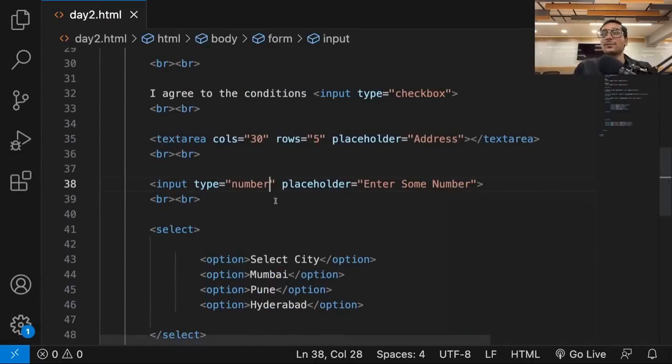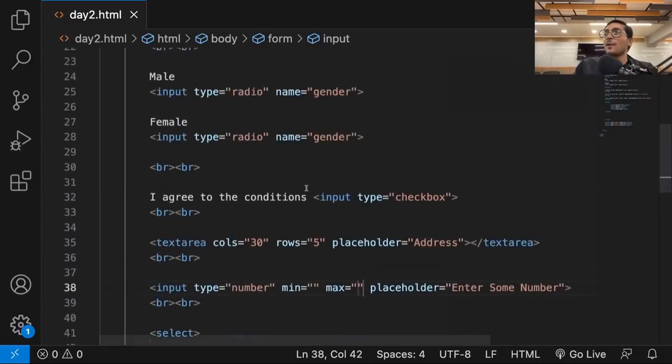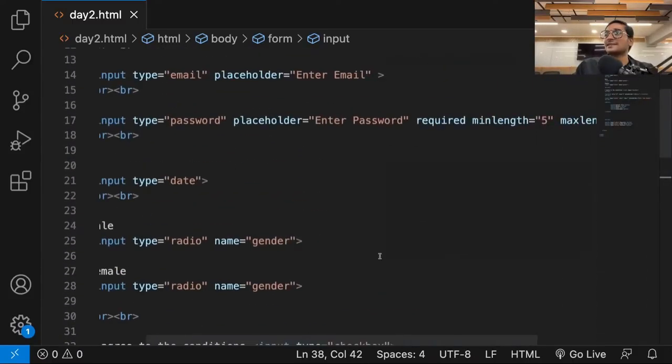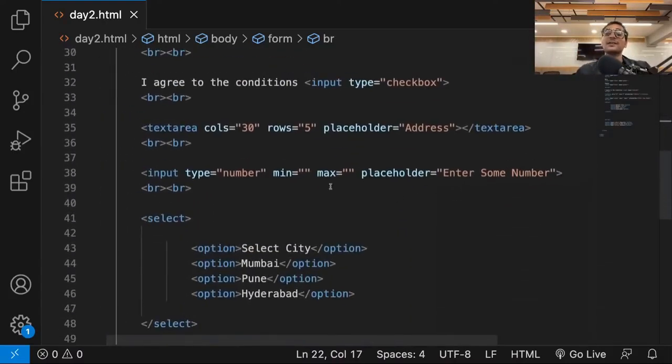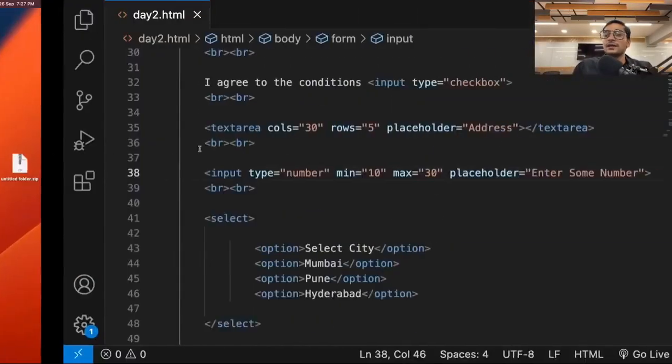So it also has properties like min and max. Now guys, your text fields have properties like min length and max length, which means the number of characters allowed. But your numeric fields have min and max, the minimum value and the maximum value that is allowed. So if I put 10 and if I put 30, you will see the spinner come by